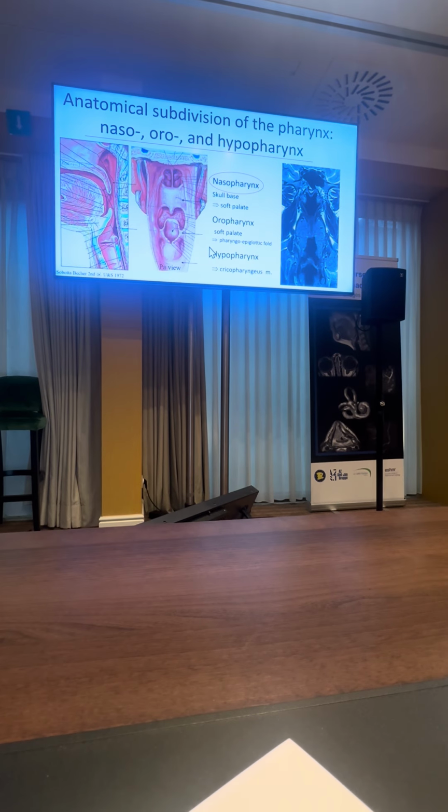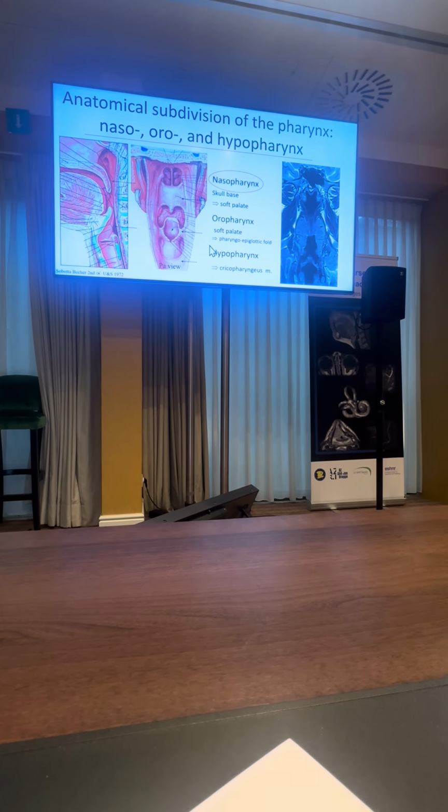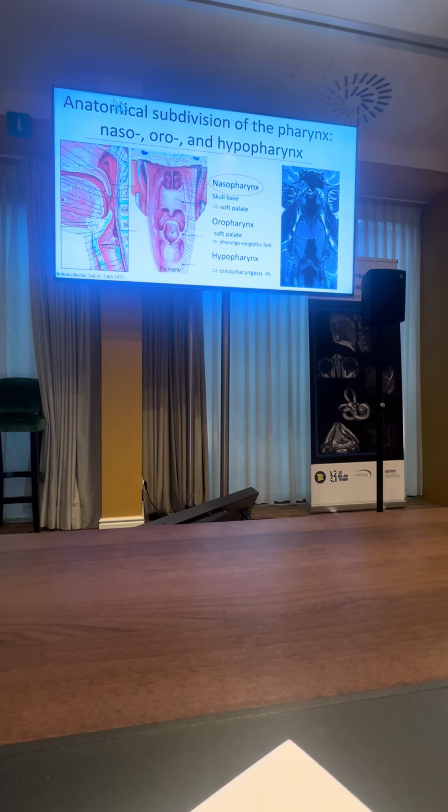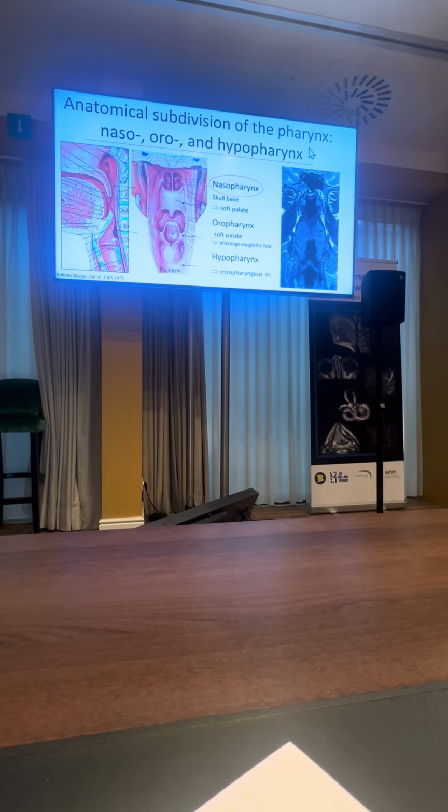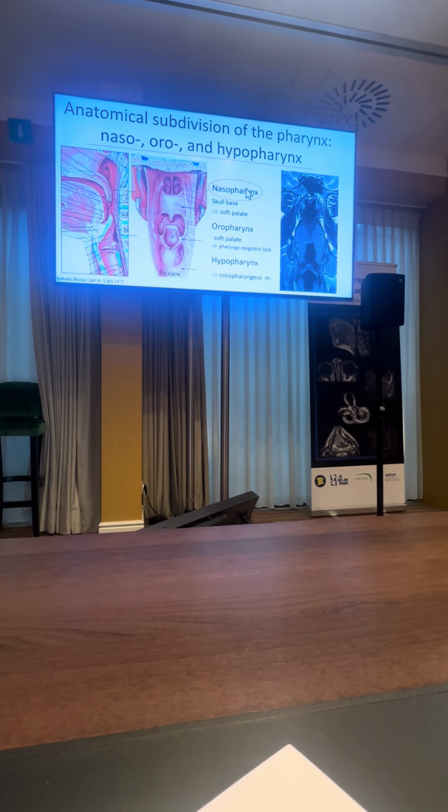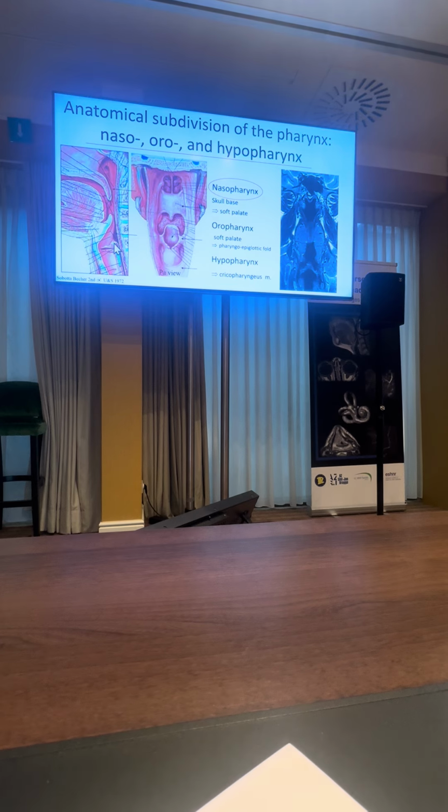Here we go. So, we're talking about the nasopharynx. The anatomical subdivision of the pharynx, as you know, has three constituents. On top, we have the nasopharynx, which reaches from the skull base to the soft palate. From the soft palate, we have the oropharynx, reaching to the epiglottis and pharyngoepiglottic fold. Further down, from the pharyngoepiglottic fold, we have the hypopharynx, which ends at the lower end of the cricoid plate